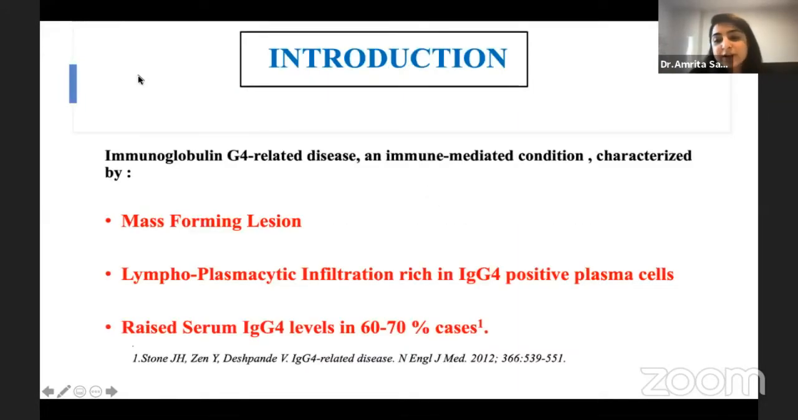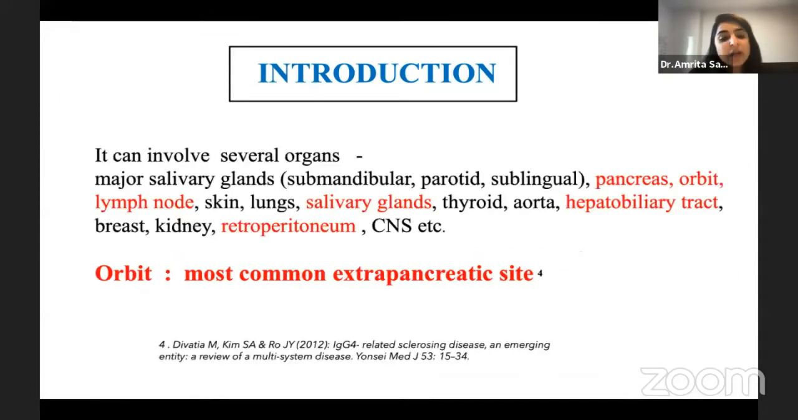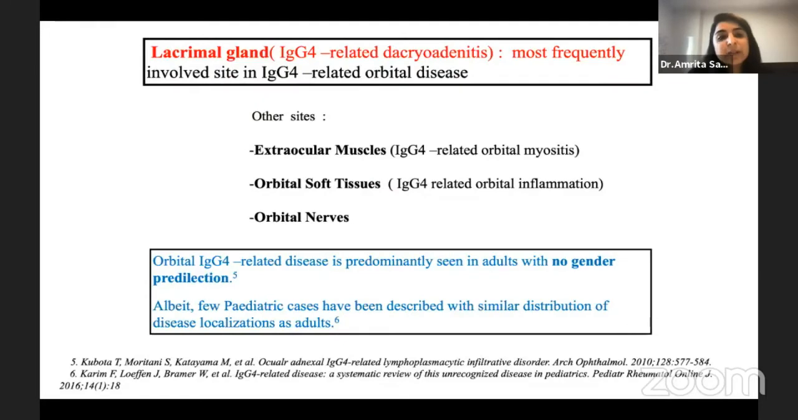IgG4 disease is an immune-mediated condition characterized by mass-forming lesions, lymphoplasmacytic infiltration, and raised serum IgG4 levels in 60 to 70% of the cases. It was first recognized as a systemic condition in 2003. It can involve several organs, the most important being the pancreas, orbit, and salivary glands, and the orbit is the most common extrapancreatic site. In the orbit, the lacrimal gland is the most frequently involved site, others being extraocular muscles, orbital soft tissues,